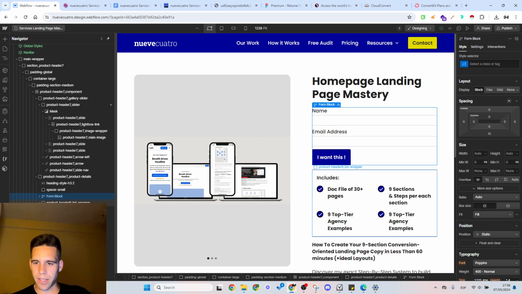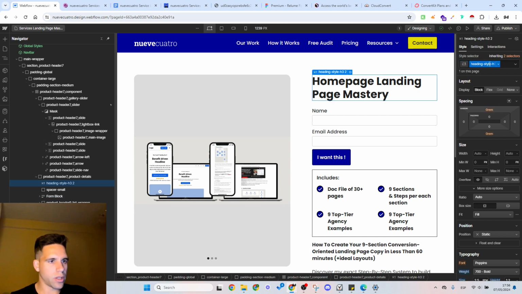In fact, I'm also going to add a ConvertKit link, because it's much better to do it like that. If not, I'm going to have a submission without any automation. That's a horrible idea. So